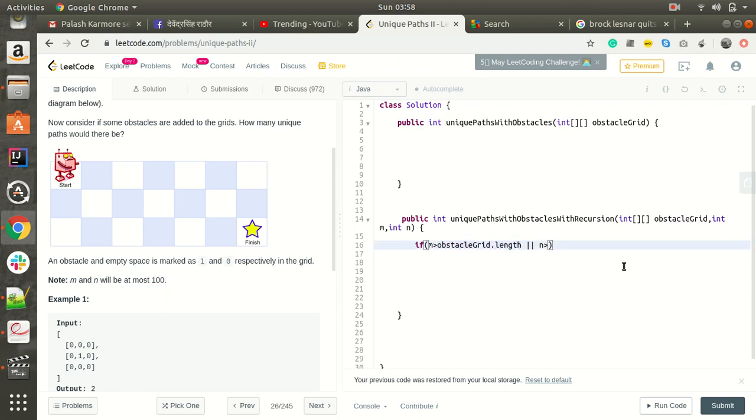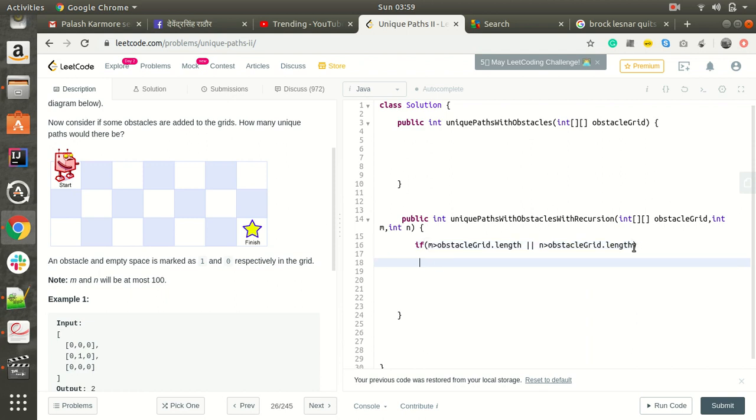So in this case, you will not be able to reach the destination. Suppose the robot started going downside, downside, downside, and again, and it went over here. So you will not be able to reach. Again, the robot started like that, and it reached over here. So you will not be able to reach. So we will return 0 over here.